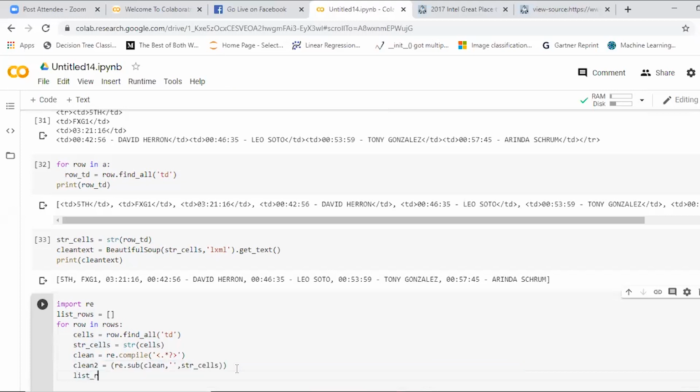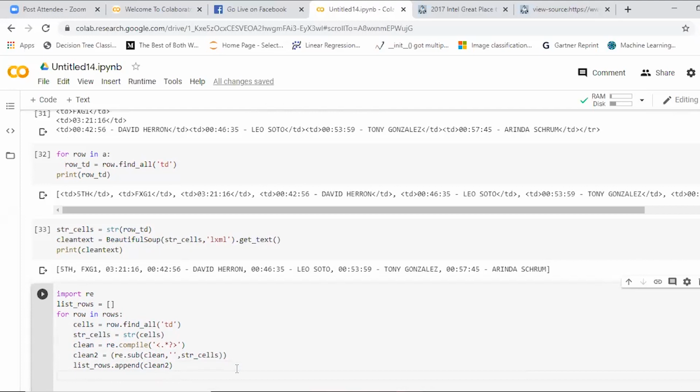Then we'll append the entire data into the list. I think you know the append method. What does the append method do? Adds each and every element to the end of the list. Yes. Then we print the clean data. Print of clean 2. Yes.